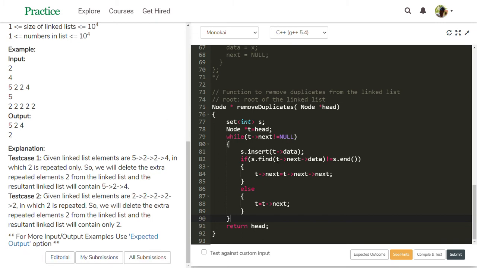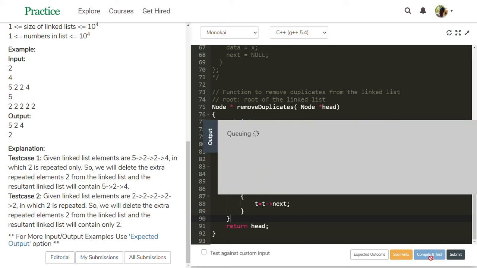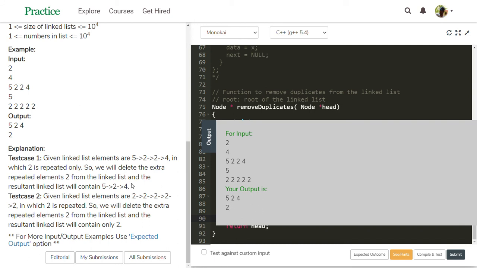See if our code is right or not by compile and test. See this: the expected output and our output are the same, 5 to 4 and 2. Then submit.